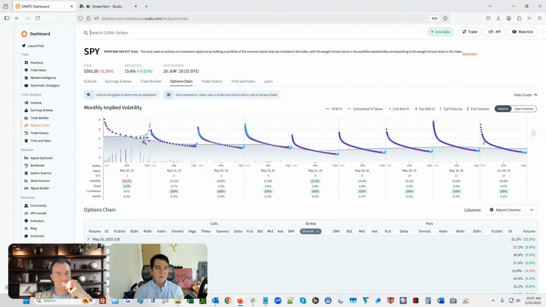And then we draw a smooth skew through the calls and puts. And you can see over here, it's more weighted towards the calls, like so you can see the orange line, because if you think about it, the price of these puts is very high. So what happens is market makers will widen those puts out because there's a lot of delta risk for them. Whereas the calls might be 5 cents at 6 cents, and these might be $12 at 12.05 or something like that. And the vega is very small in those, so that's why you see kind of a divergence in those.